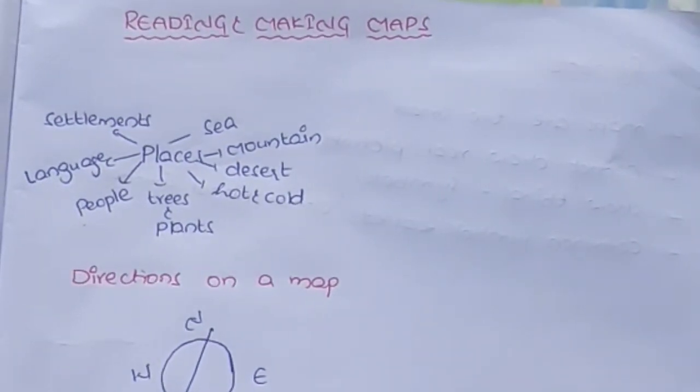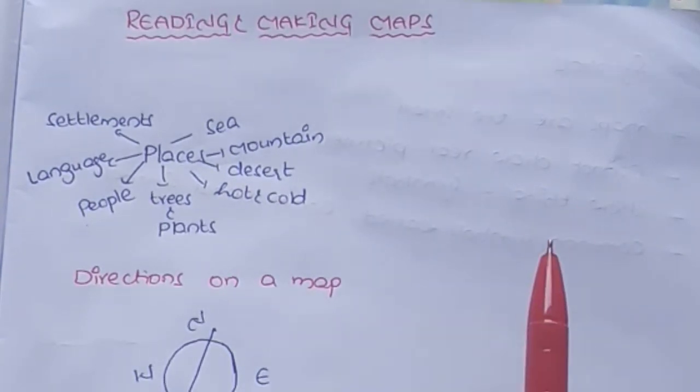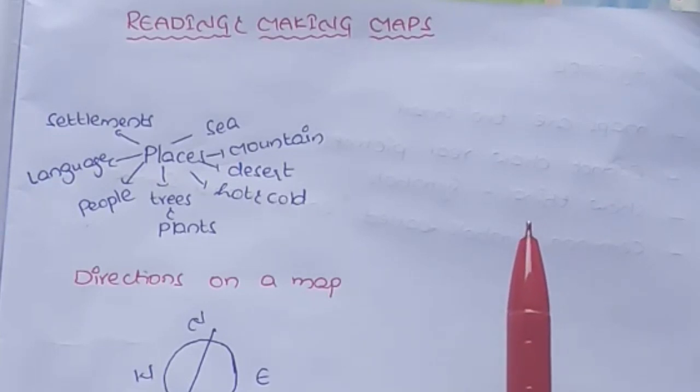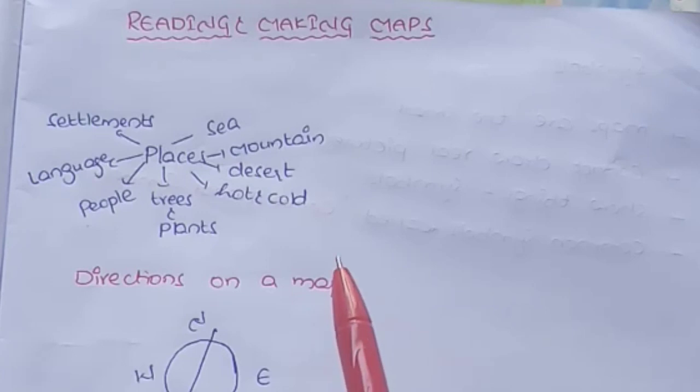So we are going to discuss the 6th class first lesson, reading and making maps. We know that maps are very helpful to us. With the help of maps, we can find the locations of any places on the earth. Maps tell us several things about different places, where they are, whether they are on the sea or on a mountain or in a desert,